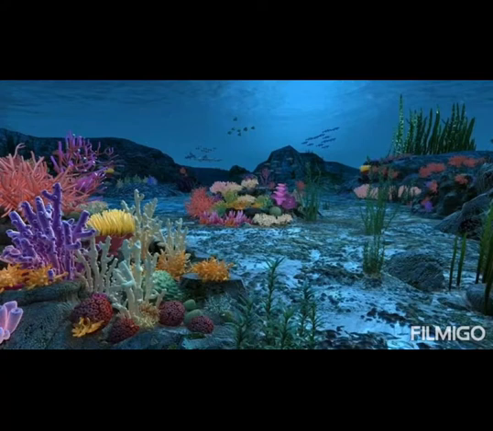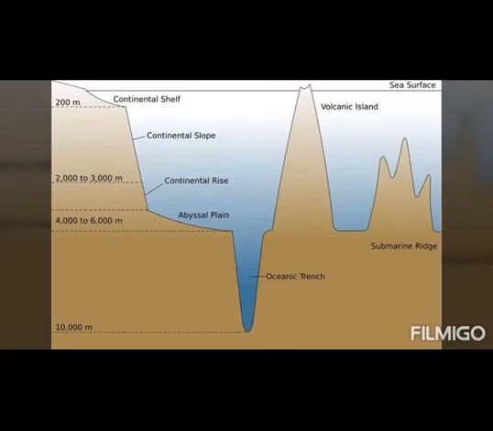Our next topic is how does the ocean floor look like? Deep beneath the oceans, there is a landscape which is more beautiful than the one we see above. There are large mountains, steep slopes, deep valleys, and wide plains. The ocean ridges form a great mountain range almost 64,000 kilometers long that weaves its way through all the major oceans. It is the largest single feature on the earth.